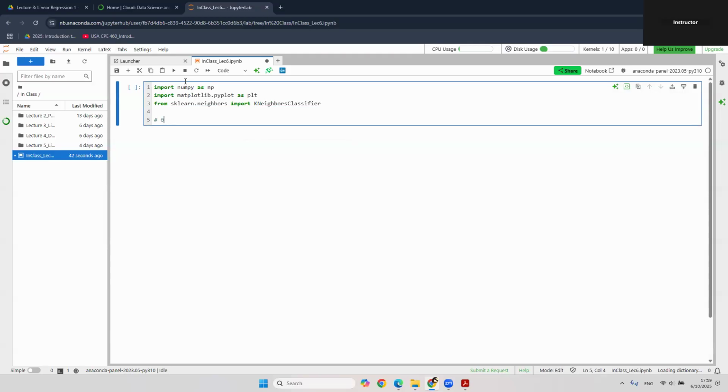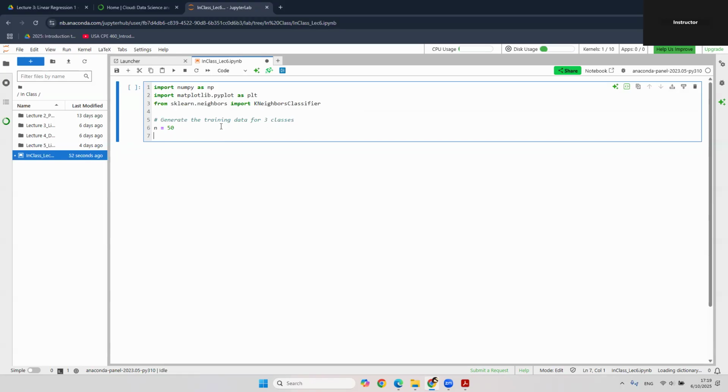Okay, so first of all, I will generate the training data for 3 classes. Currently, to be honest, I'm copying and pasting because I cannot remember the parameters. So this n means I'm gonna use this to store the number of samples in each class. So I'm gonna have an x1. Here I just want to randomly generate the training data for the three classes. I'm gonna use np.random dot